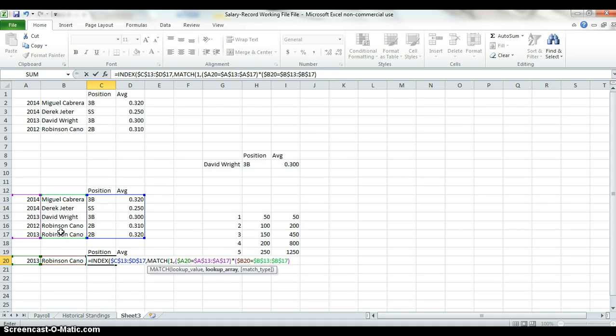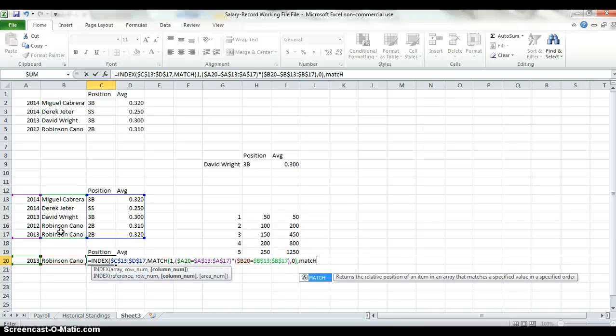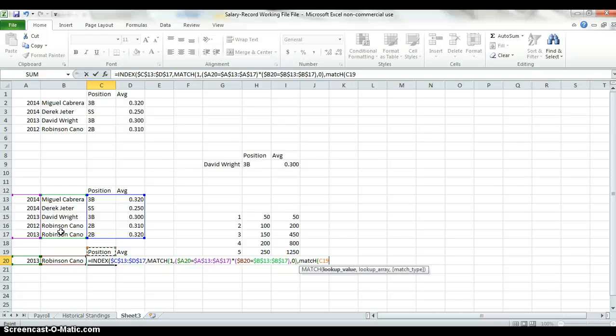All right, and now just like before, we want our match type. We're done inputting horizontal criteria, so our match type is going to equal 0 for an exact match. And then we also need our column criteria, so we enter our next match in, and we say look at the cell above and see if that matches anything in our lookup array, which is going to be from C12 to D12. We're going to keep that as it is,